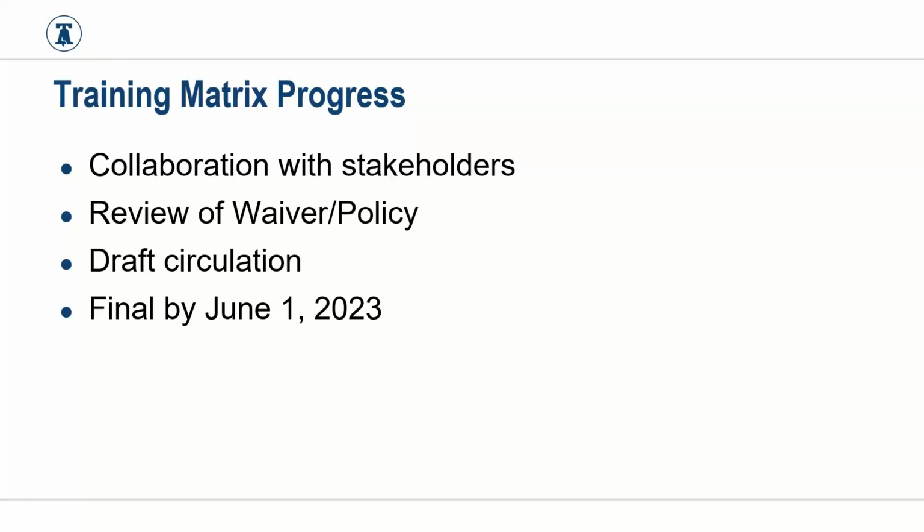It outlines the COMAR authority or the policy authority. So we don't just say waiver, we actually link to the authority in which you can go find word for word that training is required. We also will be linking to the policy. We'll also be having a resources column that will provide you with resources or different trainings that exist that meet